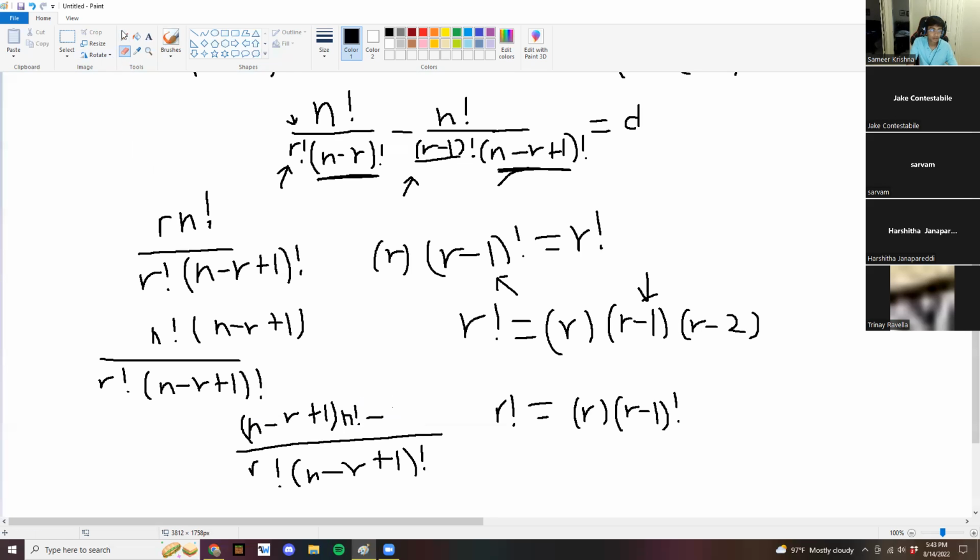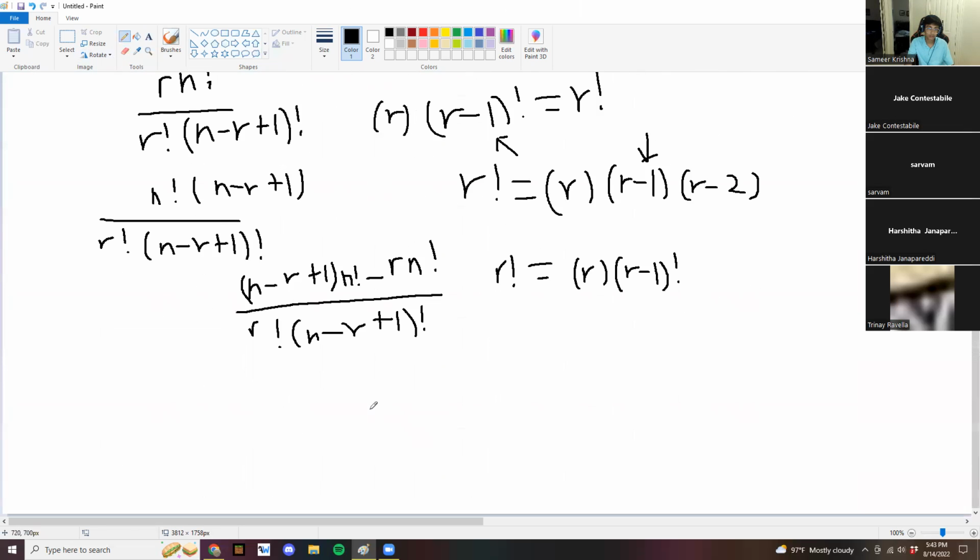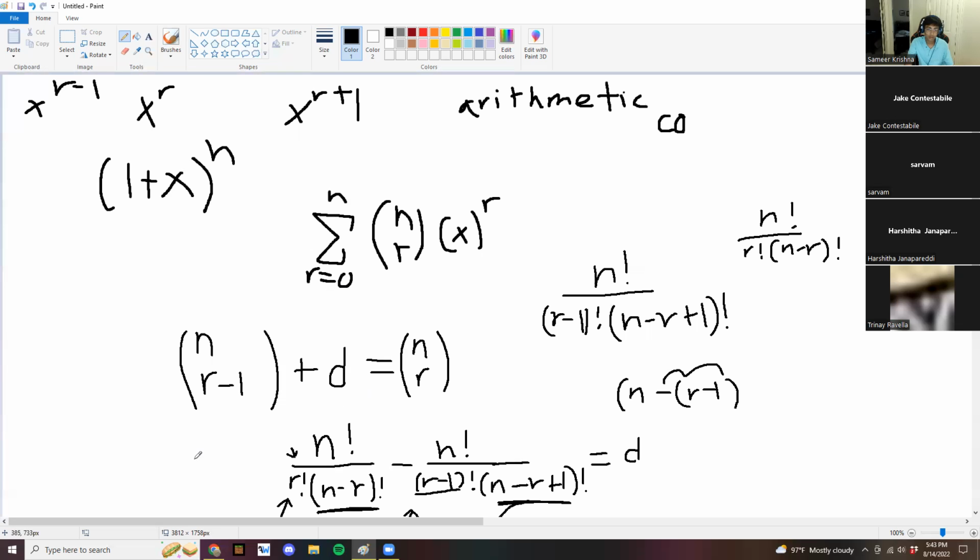So minus r times n factorial. Okay. And since this is our equation over here,